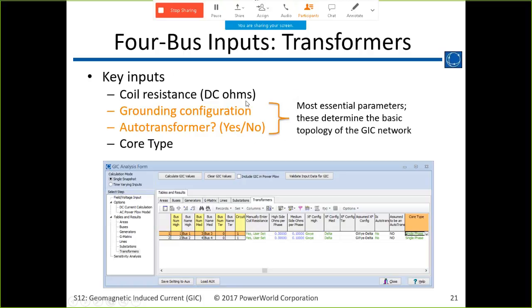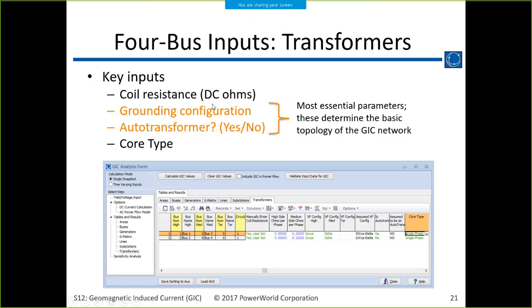Okay, so with transformers, these are the key inputs right here, and you put all that information in on the transformer page. You can see from that dialog that we have the high side and the medium. We call all transformers, they're identified in the dialog as having a high, a medium, and a low side.